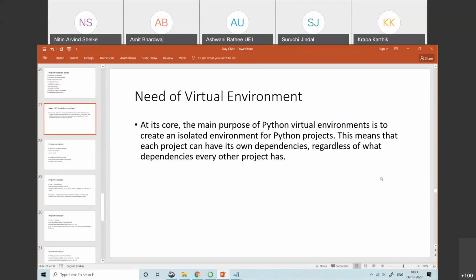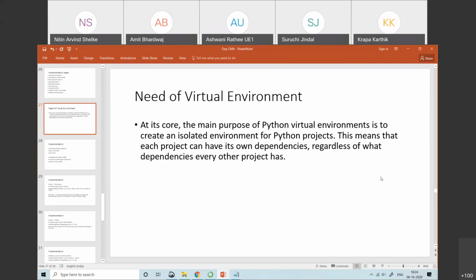Let's suppose I'm taking one example: for some project I need sklearn version 1, but you are working on a previous project starting from 2016, and at that time we had our own dependency. So to handle this kind of thing, we use a virtual environment.